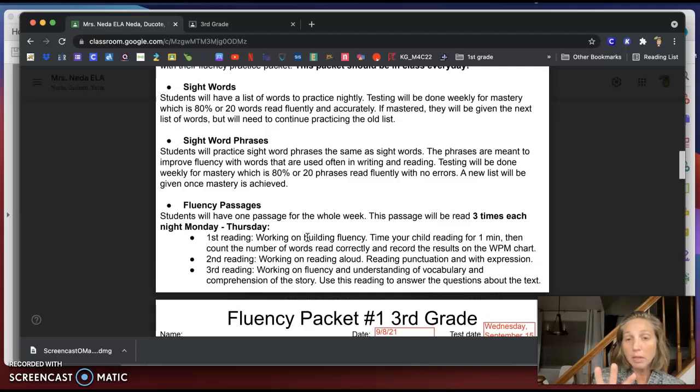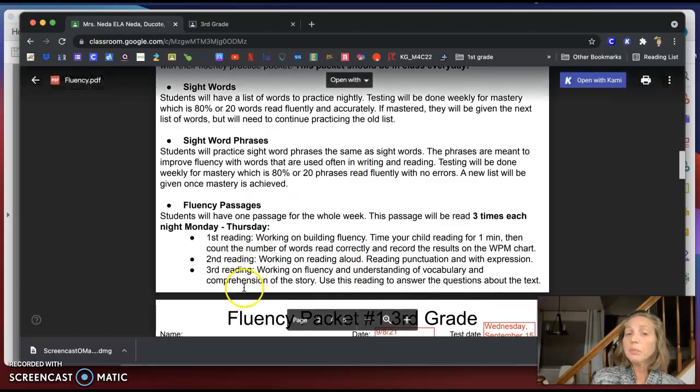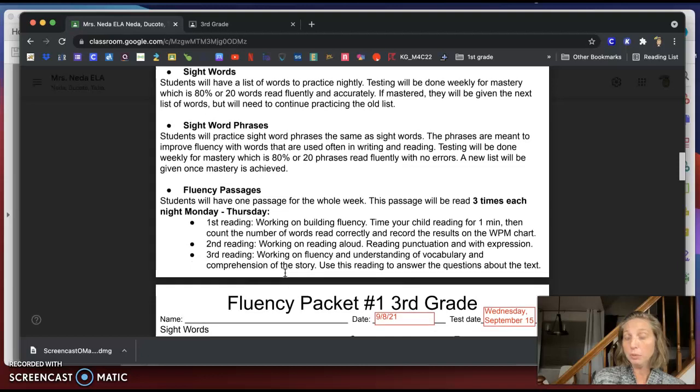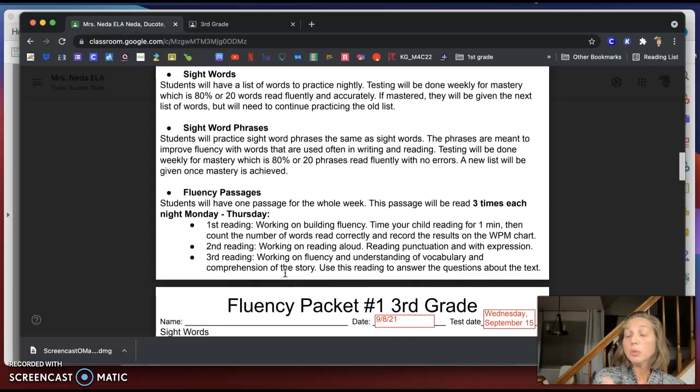So you'll end up circling 4 different words, or maybe you make it to the same word and you'll circle that word twice. But you'll circle 4 different times because you're going to circle it every night that you read the first time. The second time you read, you're going to practice reading it, paying attention to your periods and your commas, just like we practiced in the class. Remember, when we get to a comma, we pause. When we get to a period, we think about that sentence, and then we start reading the next one. The last reading that you do for your fluency passage is to read it to find answers, okay?